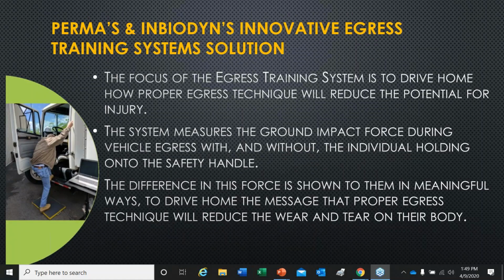When they're coming out of the different pieces of equipment that they've got, you always want to make sure that they've got those 3 points of contact, because the potential for injury exists. And it's the high impact locations that are out there. People fail to hold on to the handles and they get hurt. So what we try to do is send the message. We've got a good technique for you. Usually, and you're going to see some of the numbers here, the truck will show you some impact,